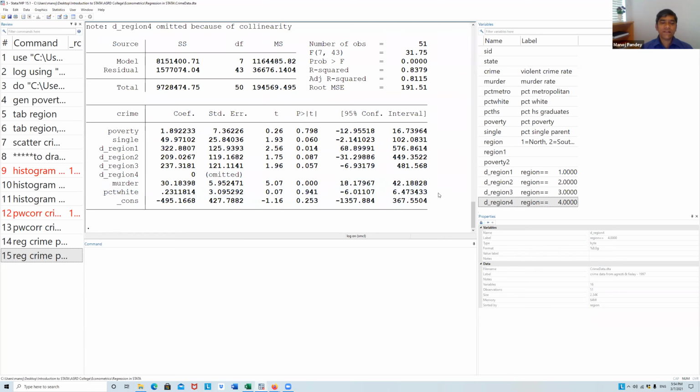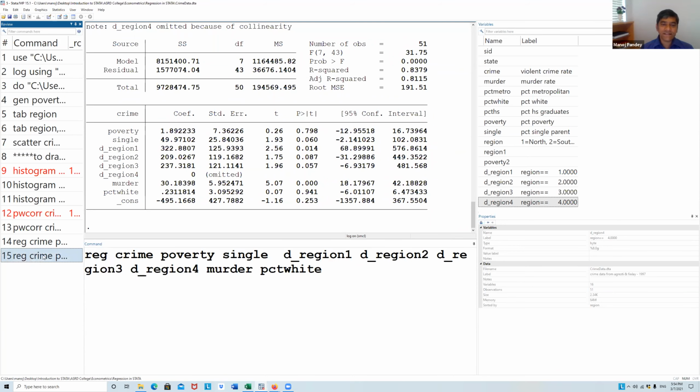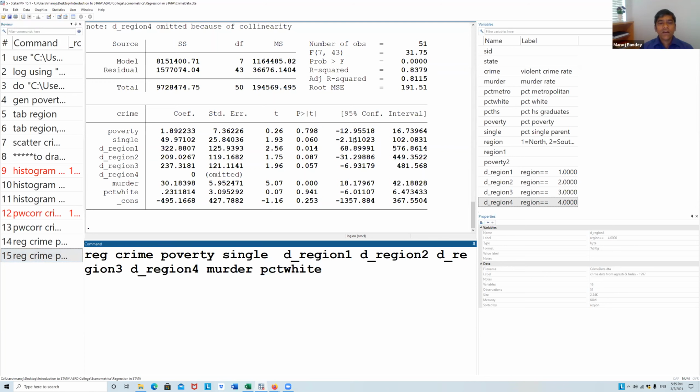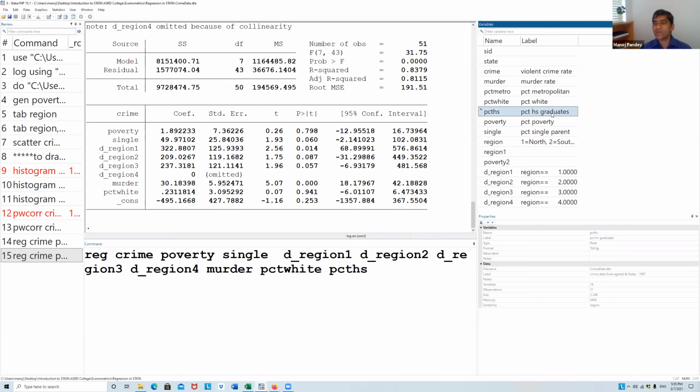It means that if the proportion of the white population is higher, it has nothing to do with crime, basically. So you overruled that hypothesis that the share of a particular race in the entire population is a significant contributor. Okay, so we just fine tune our OLS model here basically, and we are trying to put more variables. We can also in fact look into percentage high school graduates. We can also put percentage metro.